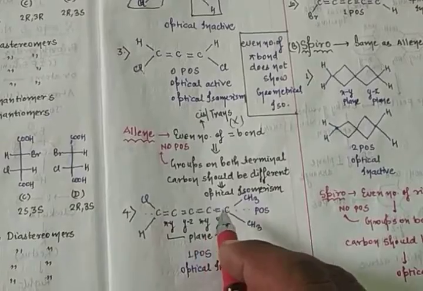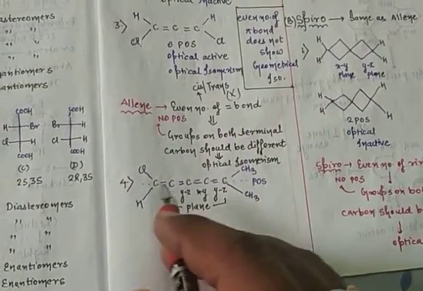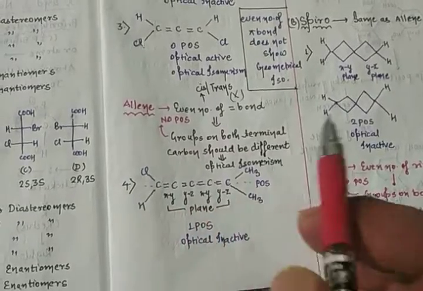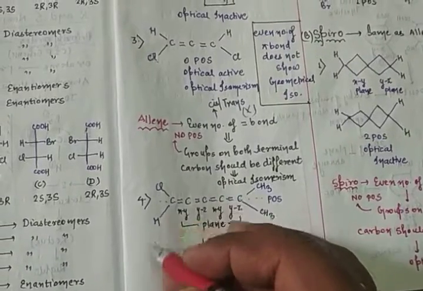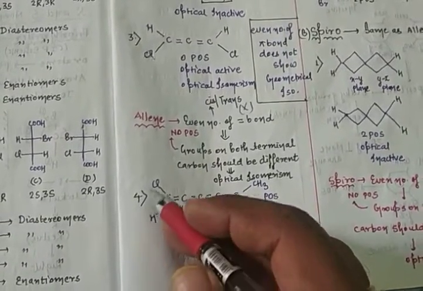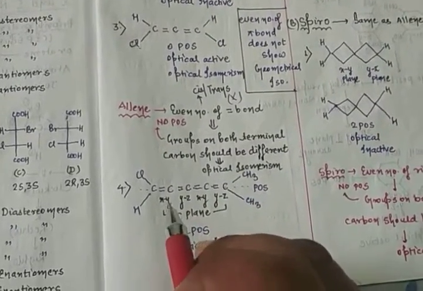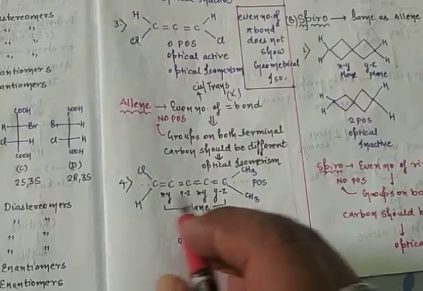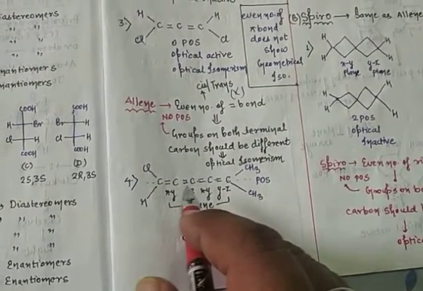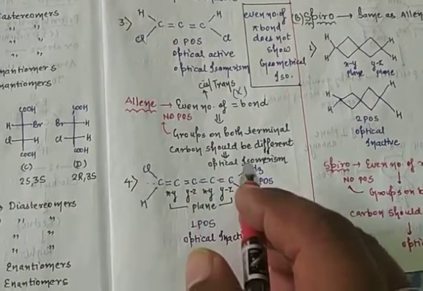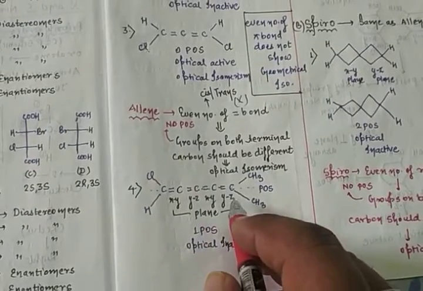1 2 3 4, yeah, 1 2 3 4. In this case there is an even number of rings, again even number of rings, but the groups are different. In this case, you learn that this is a very important example. If even number of rings 1 2 3 4, but the planes are XY and YZ, XY and YZ, XY